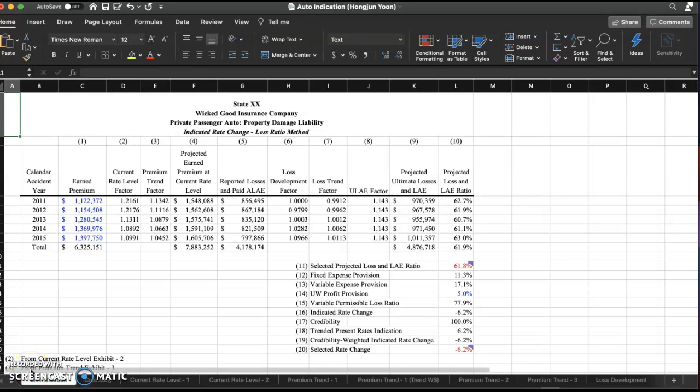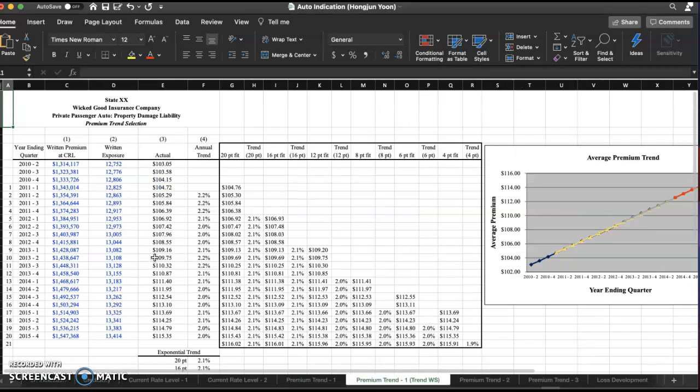Hello, this is Hongjun Yoon, and today I'm going to talk about the auto indication. This Excel file gives us an estimate idea on how we calculate an overall rate level indication using the loss ratio approach. Before we proceed to look at the details in each spreadsheet, I want to point out a few